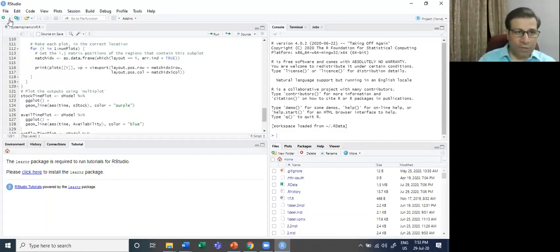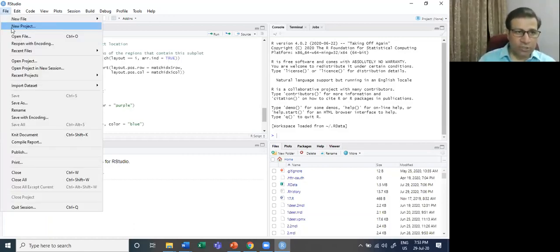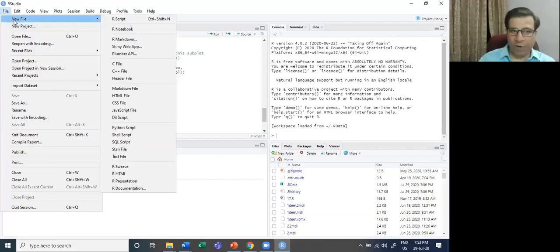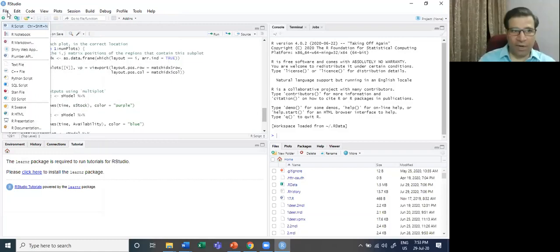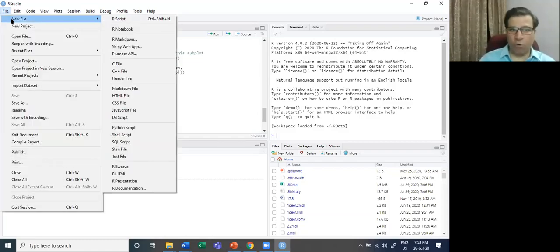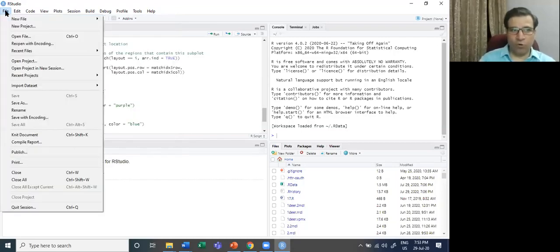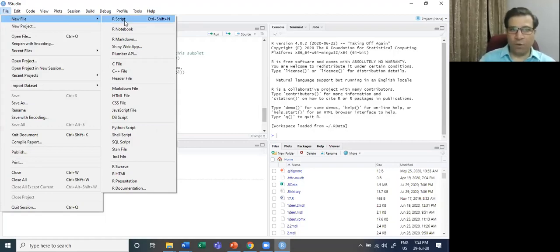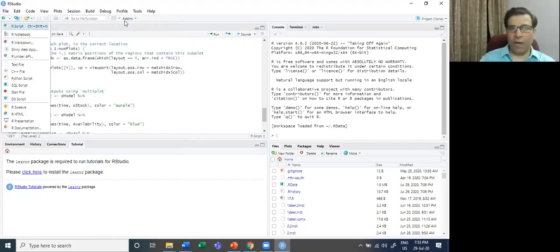I will open the new file here. So this is the new file I have opened. Just have a look, and if you can follow the command, wonderful. I'm going very slow with respect to opening and making you do the hands-on. Go to file. I repeat, go to file, go to new file, go to R Script. So I am opening.